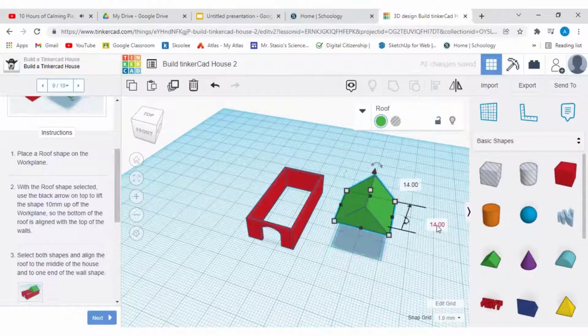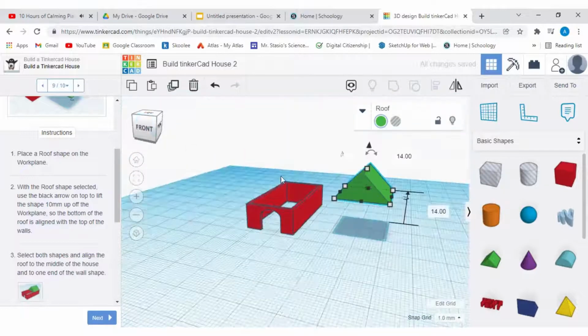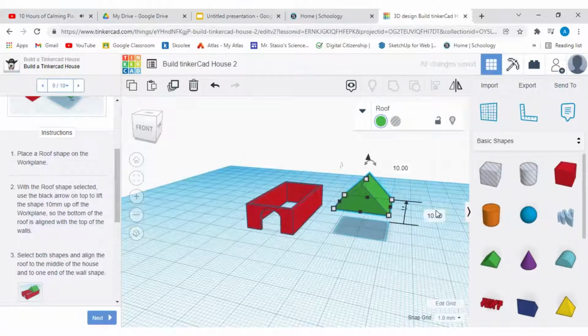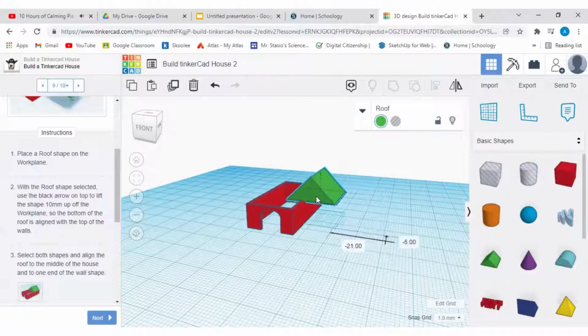It's more than 10 millimeters. Let me make sure. I'll change the view. It's 14. I can make it 10 millimeters. So this is the height of this roof. Now we want to place it. We will align it, move it, and place it over here